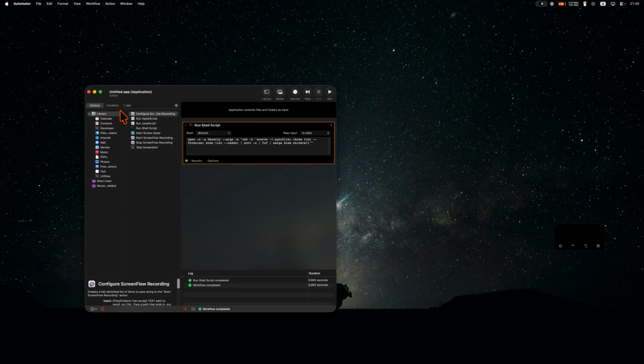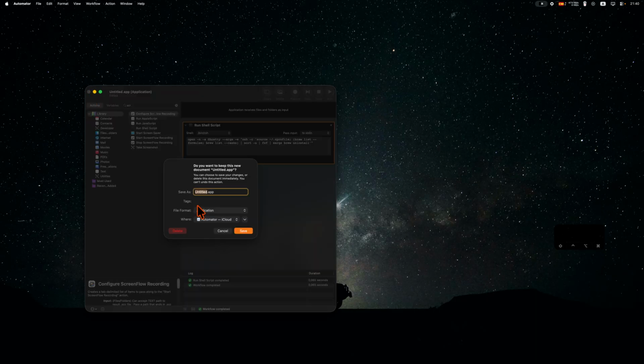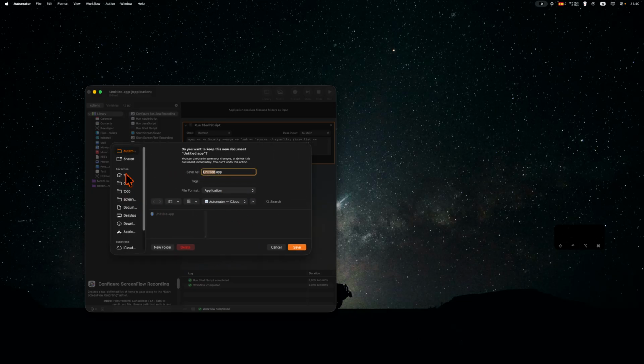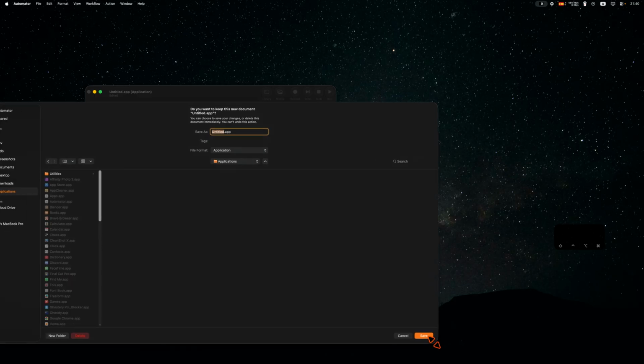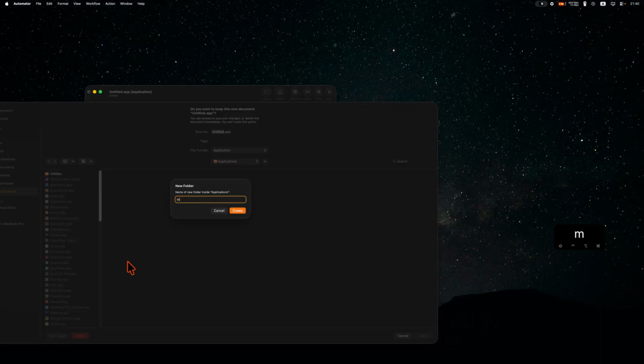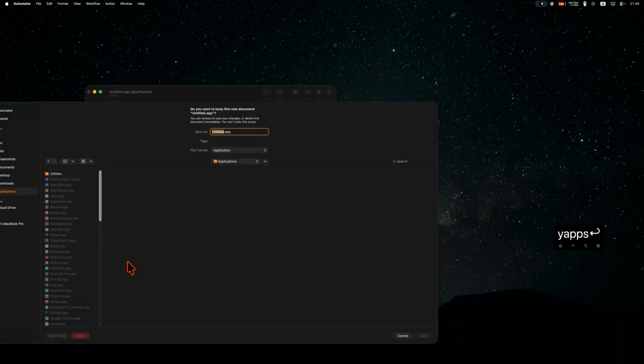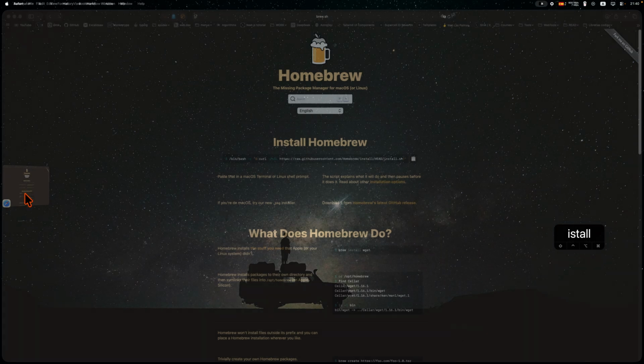I'll go back to my Automator, and now when I close this, boom, it will ask me where I want to save it. I don't believe I have a folder for these things, mostly because I'm telling you I don't use this with a command, I just use an alias. I will create my apps, and I will call this brew uninstall, save,